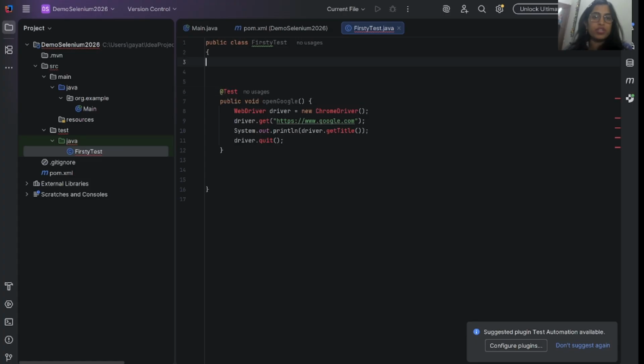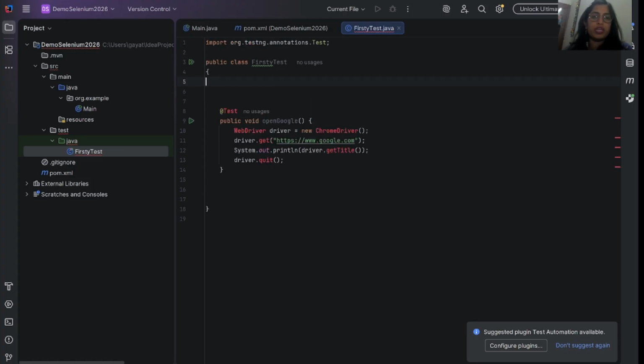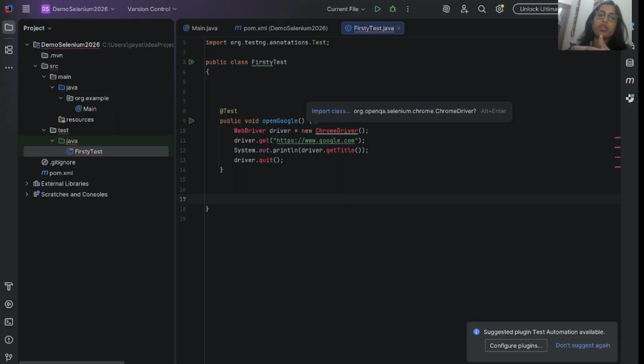You have to import those classes to utilize all these annotations of TestNG. TestNG has certain annotations like @Test, @BeforeClass, @AfterClass, @BeforeMethod, @AfterMethod, and many more. Based on the requirement, you can use them.